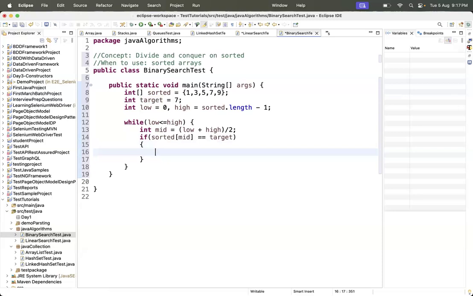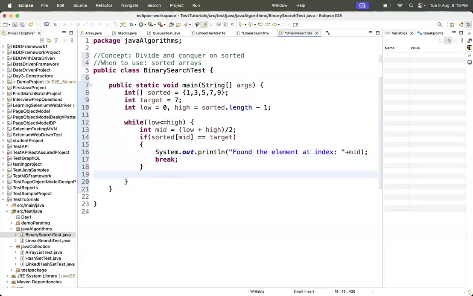And as soon as they have matched, you follow the same approach as before: we have found the element at index, what index? The mid index. And then put a break. Outside the if, we can put an else if as well, because if these are not matching, then what will happen? If those are not matching and sorted mid is less than target,